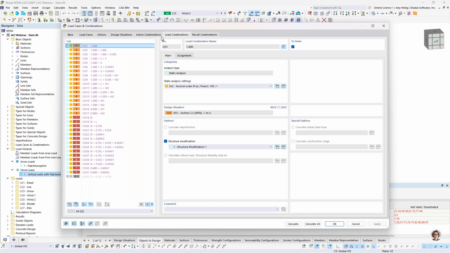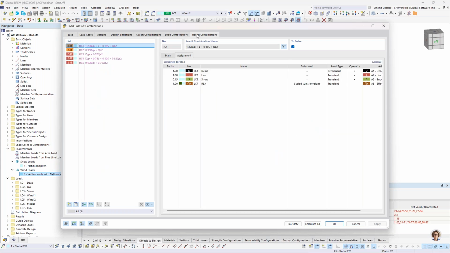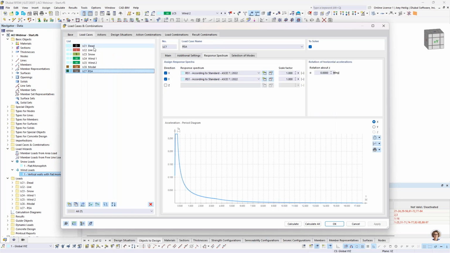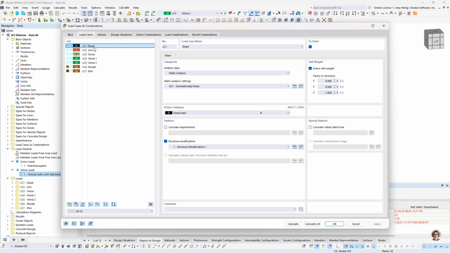This is different than a load combination that is automatically going to be carried out according to a second order analysis considering P-delta effects. Again, this is covered in that response spectrum analysis webinar, but ultimately these result combinations also belong to those design situations. So one more thing I want to touch on is that you'll notice that for the load cases,